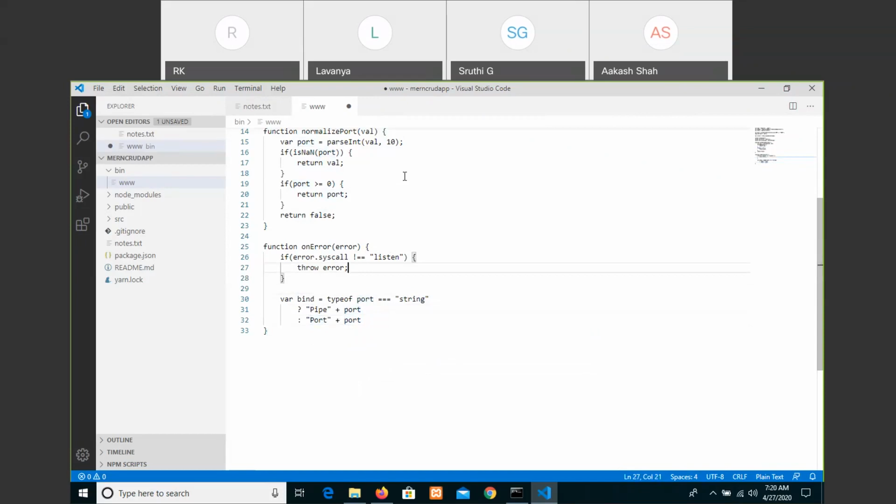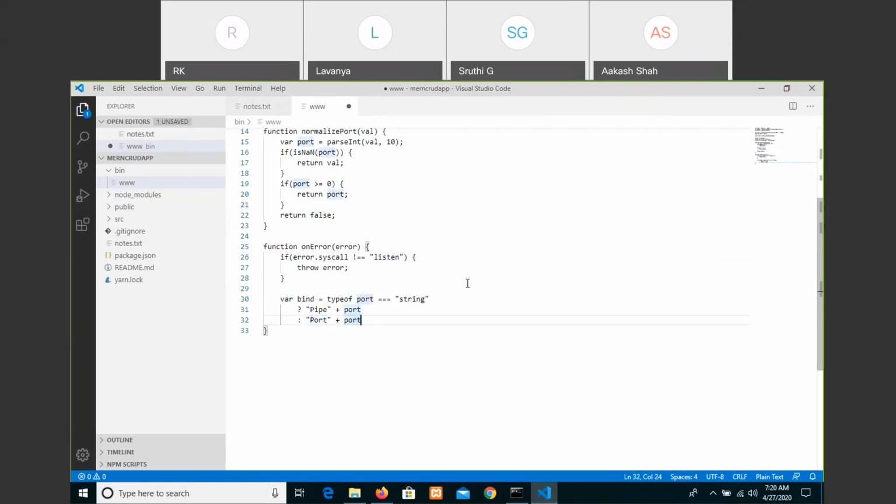So when the user is running an application, if the port number is not listening, then we say it is called throw error. And in which cases can you throw an error? If it is triple equals string, then we can say pipe with port number, or port with the port number.